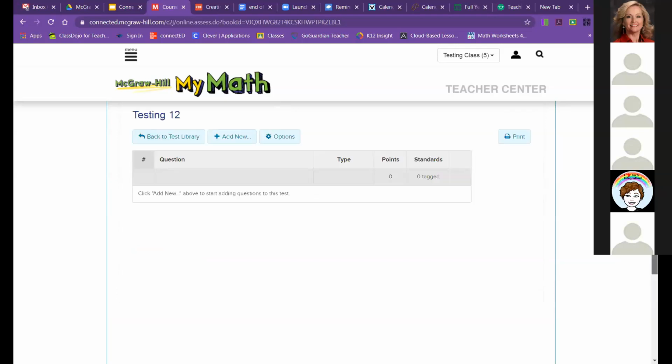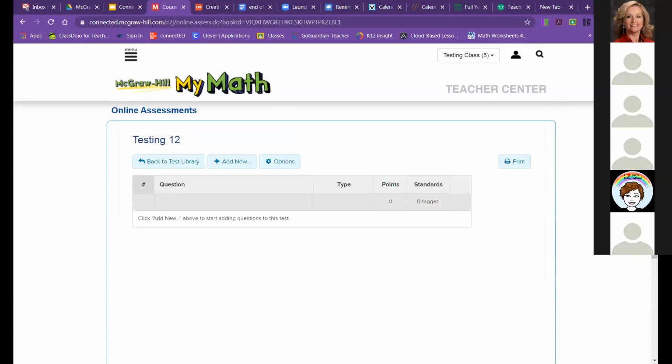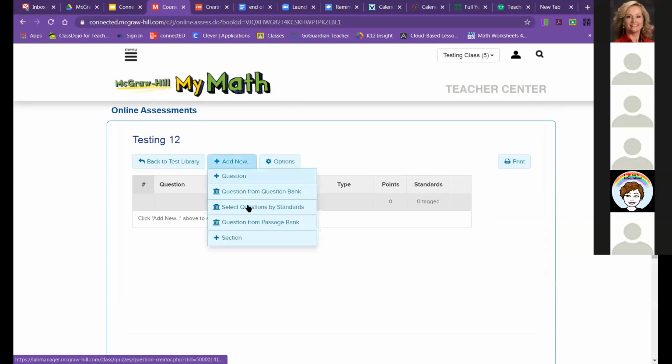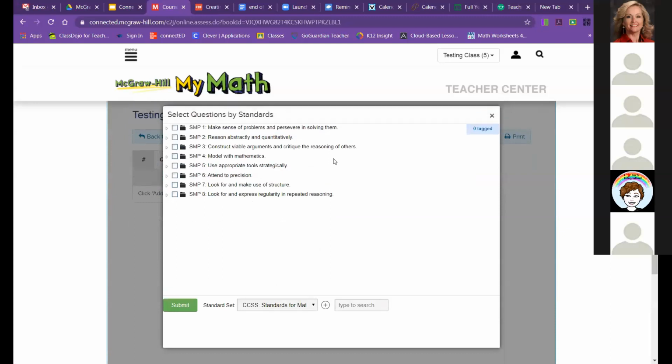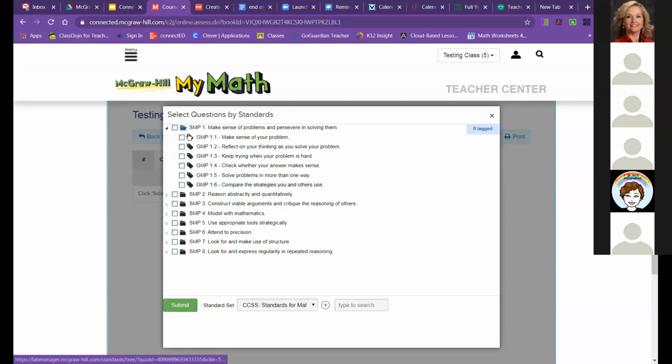All right, so now when you're here, this is where you put your questions in. And yesterday when I was adding new questions, I was looking at selecting questions by standards. When I looked at this for standards, it only broke it down by the mathematical practices. I was a little confused because in the older series, it doesn't do it that way. So if you don't want to do it by mathematical practices, because the questions are within these sections,